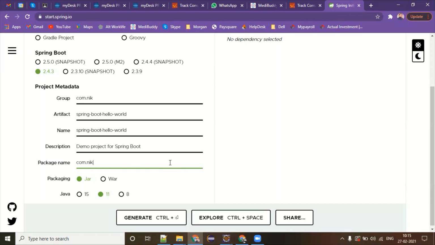So when you are deploying this war into another external Tomcat, you have to write some set of dependencies to exclude the inbuilt Tomcat from your application. So when you are deploying as a war, you have to stop the internal Tomcat of Spring Boot. There is something called exclude dependency. I will show you how that is working.